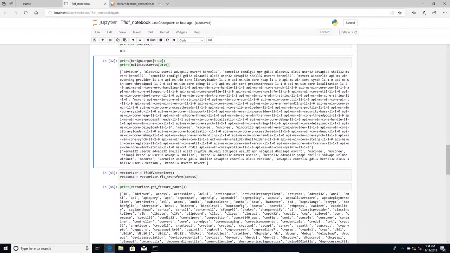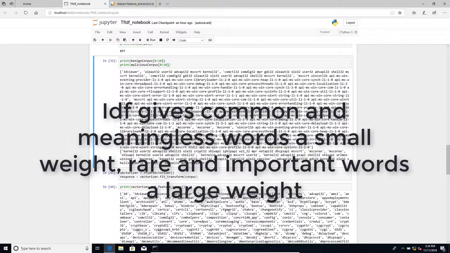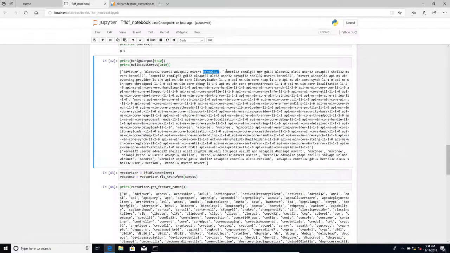On the other hand, if we see a word such as Socrates, which is relatively rare, then it will be given a large weight, and presumably the document is about philosophy. So in our case, we have the same issue with things like kernel32, which might not be meaningful, but perhaps a crypto library is indicative of ransomware, and it's rarely occurring unless we need to do some cryptography. So for that reason, it makes sense to use TF-IDF.